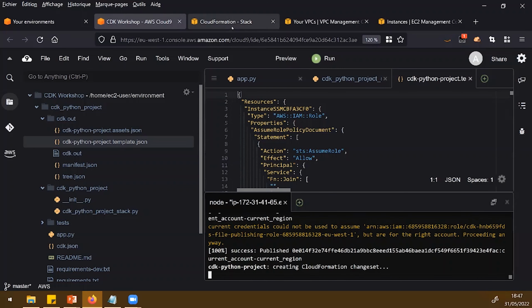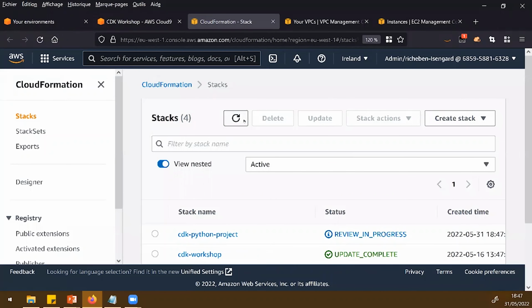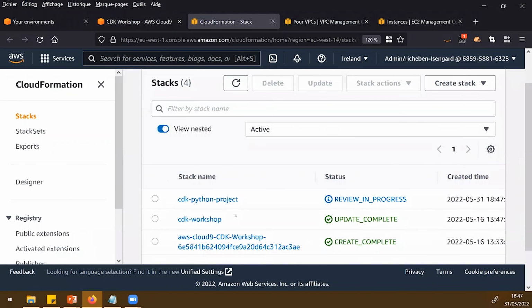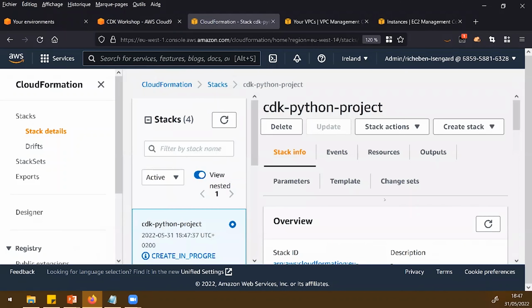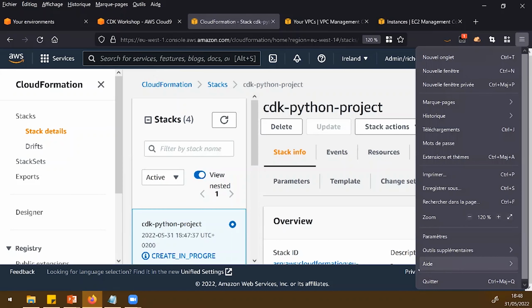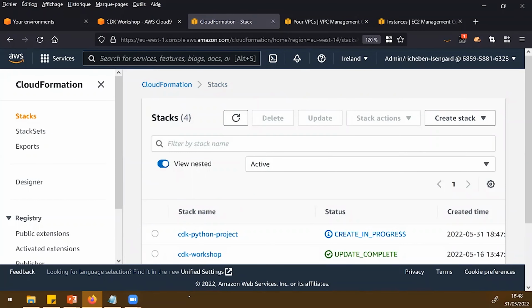And so if I look at CloudFormation now in the interface, I should be able to see that it is in review and it should be deployed afterwards. So the time it deploys, I'm going to switch over to the presentation just to show you how you could